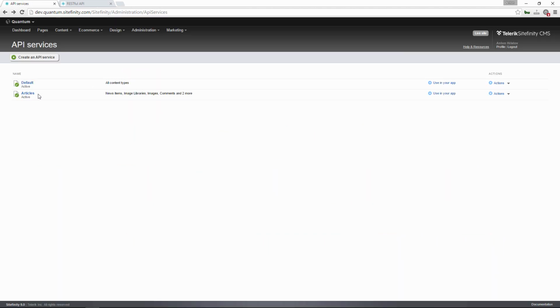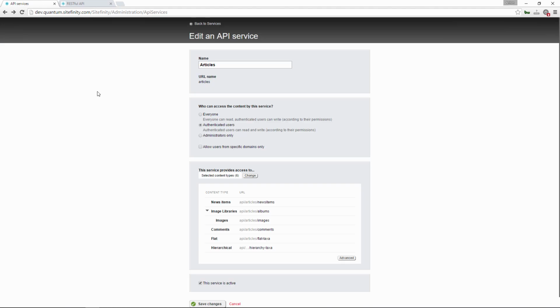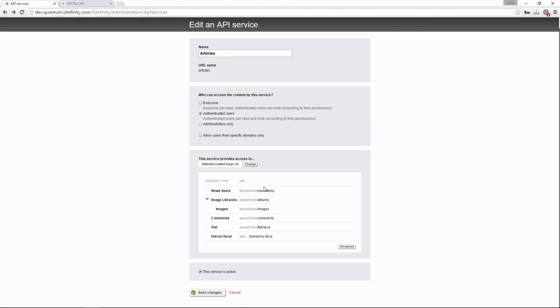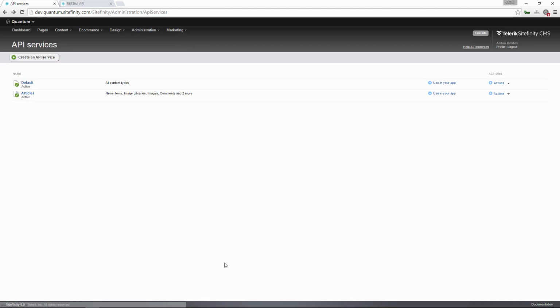Another interesting thing that I would like to point out is when you open the API, you have here the ability to change the URL, and you can change the URL of the individual items as well. So here you can just say news, and that's it, and then save the changes. And once you make one of those changes, the documentation will automatically update as well.